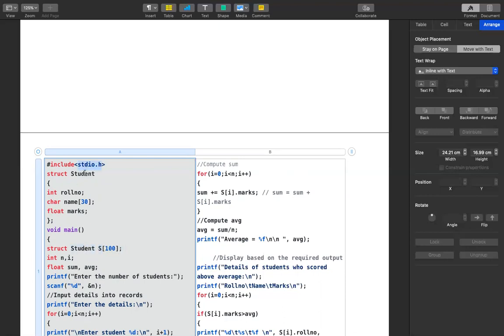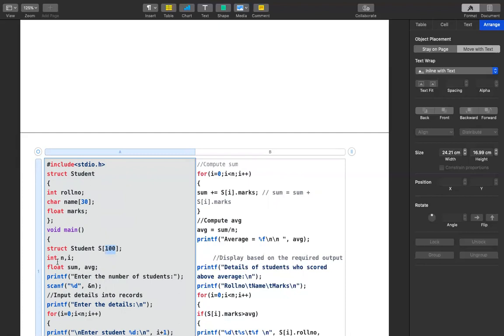Student is a structure. Now this array variable can access the roll number, name, and marks. If it would have been a single student, we would have just written a simple s. Since it is n number of students, we are supposed to create an array variable. So this program can store a record of 100 students.